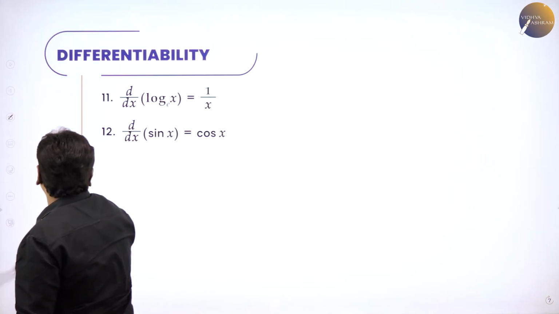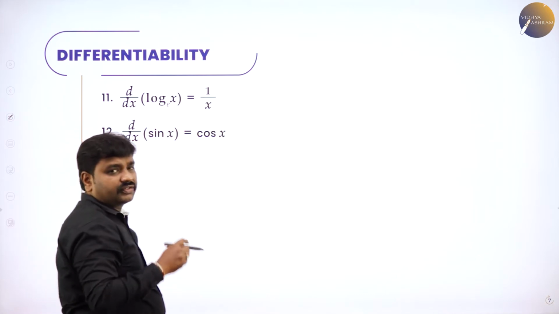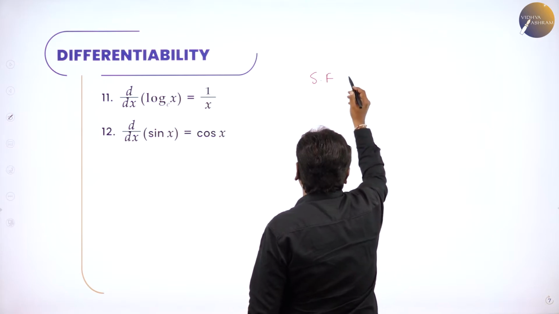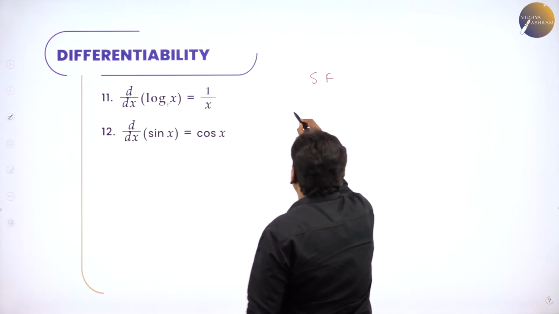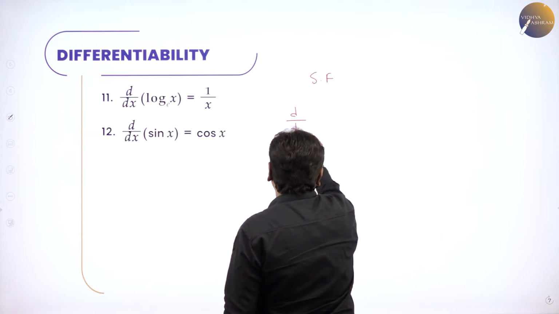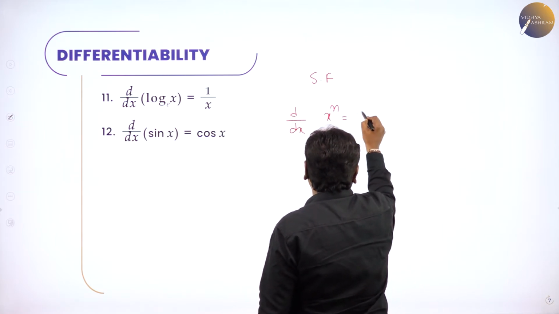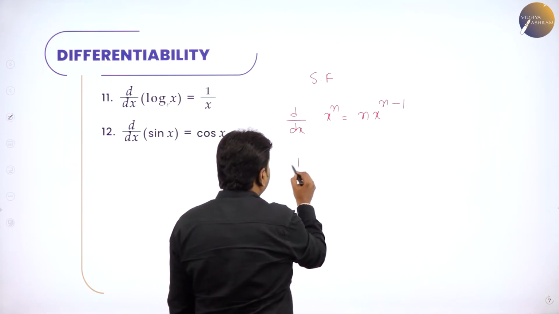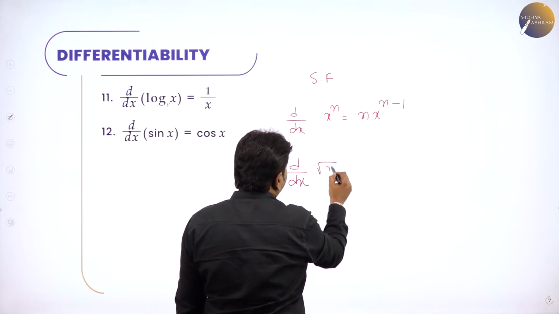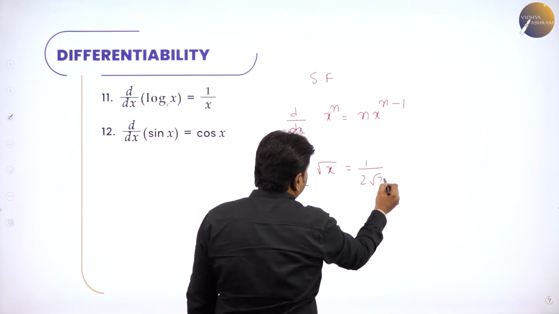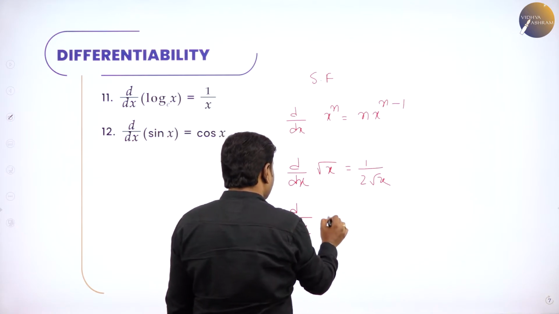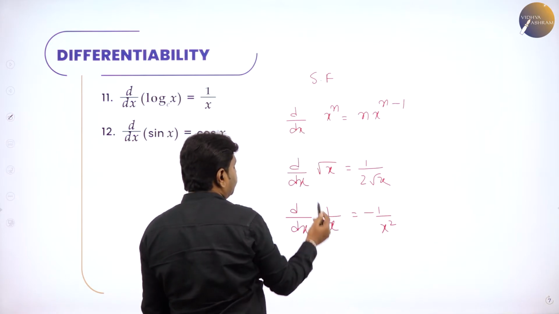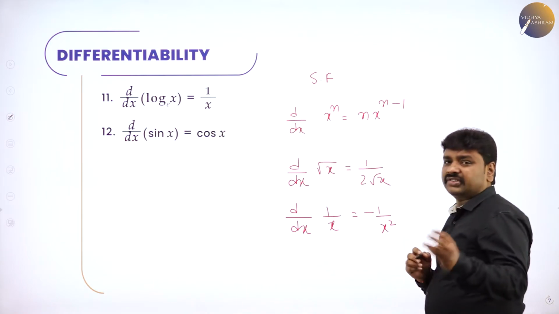So now let me glance through. Everywhere I've written all the formulas in each slide. Now coming to the point: if you are thorough with the standard functions, what are they? D by dx of the very first function, x power n. What is the derivative of x power n? N into x power n minus 1. The second important formula you should be thorough with is root x. Derivative of root x is 1 by 2 root x. Derivative of 1 by x is exactly minus 1 by x square. So these are the three standard functions. Along with that, exponentials: e power x, log x, a power x.